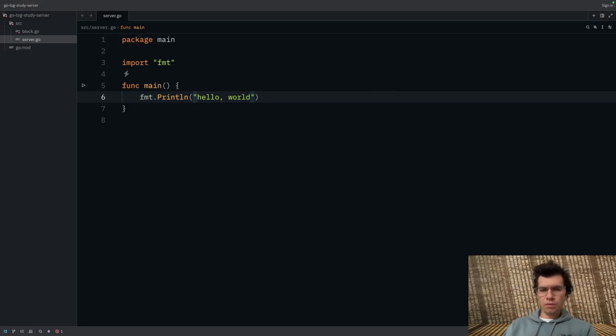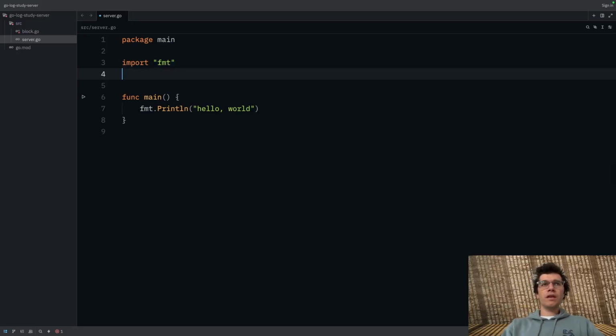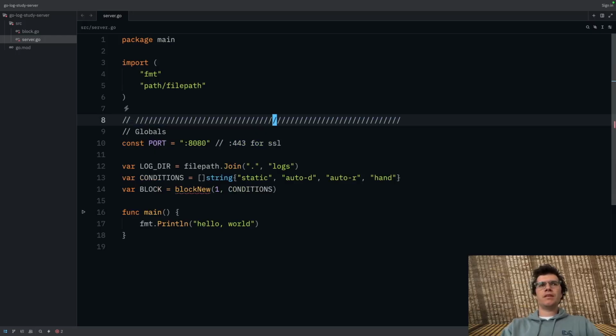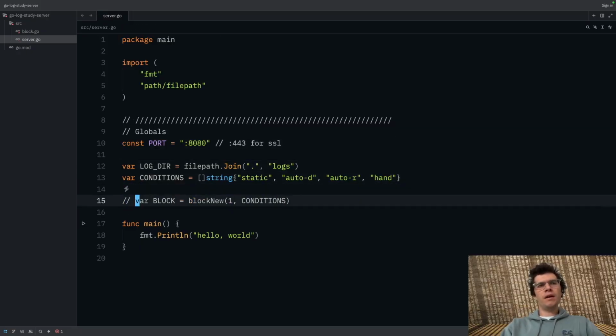We get hello world, so we are off to the races. So basically I'm going to first set up some globals, and I'm just going to copy and paste them over here. In terms of best practices, there's no reason to say you have to do this kind of long comment, little comment thing. It's just something I like, and I'm going to keep our block separate for right now. And you can also see the conditions we have. This is from my study, but for us, let's say A and B. So there's our log path, log directory.